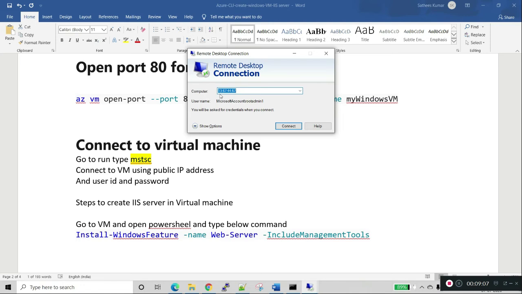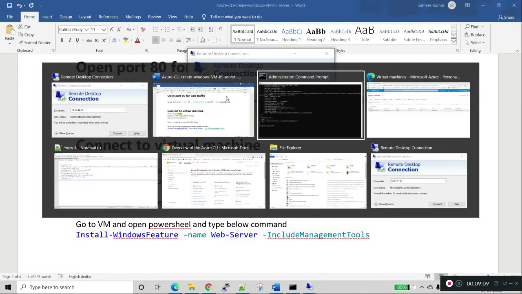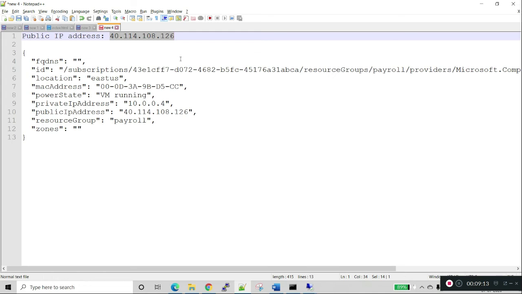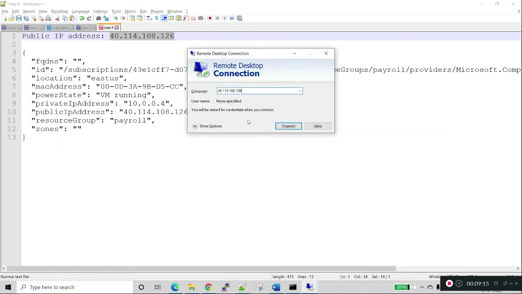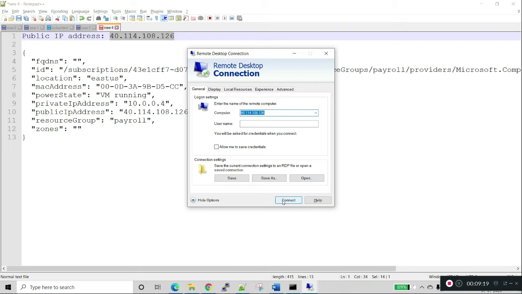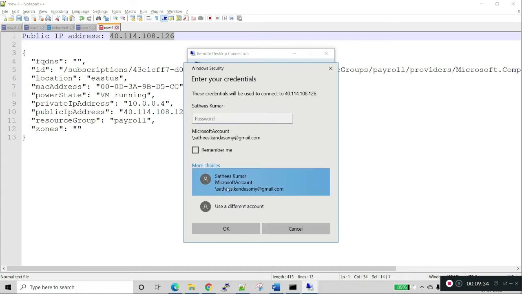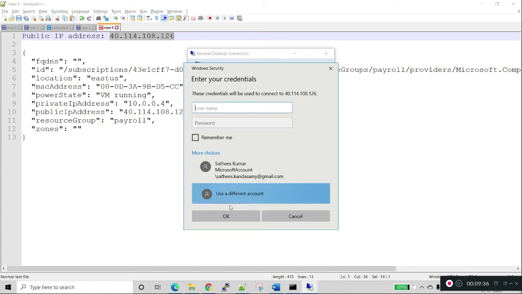So we need to provide the computer IP address. Our computer's public IP address is this one. I'm clicking connect. It's connecting now. By default it will provide our desktop credentials, so we need to go to More choices and use a different account.